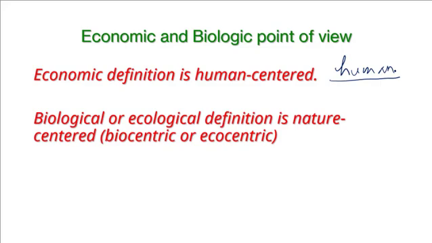But from the biological or ecological point of view, the definition is not human-centric, but nature-centric, or biocentric or ecocentric. In biology and ecology, a resource is defined as a substance that is required by a living organism for normal growth, maintenance and reproduction. So it targets the word organism as a whole. So the whole organism is addressed in the biological definition of resource, and in the economic definition of resource, the word human is stressed. So if we become more human-centric, there will be more exploitation of these natural resources, and rapid depletion of the resources is